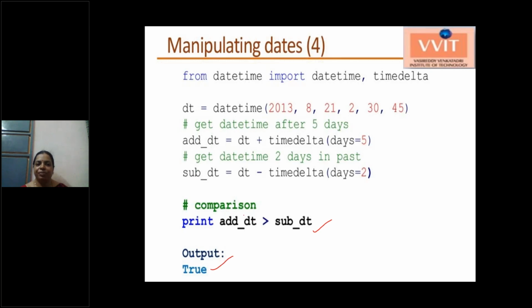This is the datetime module. Using this datetime module, you can create date objects, you can create time objects, and using the datetime class, you can create an object with complete date and time values. And using the today function, you can retrieve the current day's date. And using timedelta, you can perform addition, subtraction and comparison of dates. So this is the basic information about the datetime module.